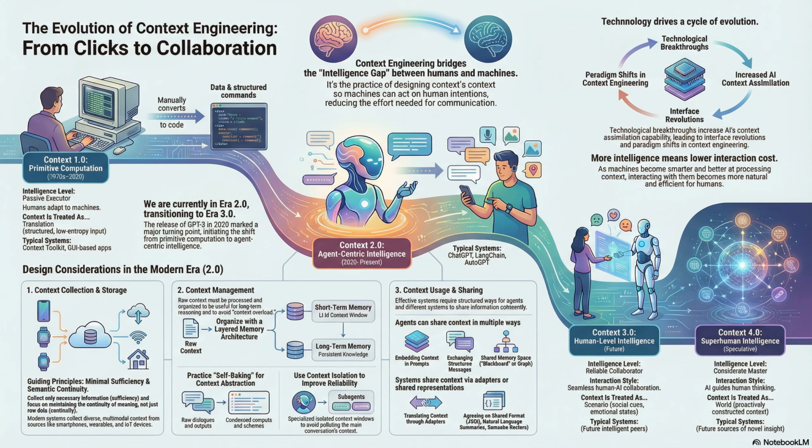Right. Now think about Era 2.0. The system analyzes the paragraphs you've already written. It understands the tone, the argument. It might suggest the next section or point out a contradiction. So it's not just holding the data, it's working with it. It's collaborating. It's saying, hey, based on what you said earlier, shouldn't we be talking about this now?